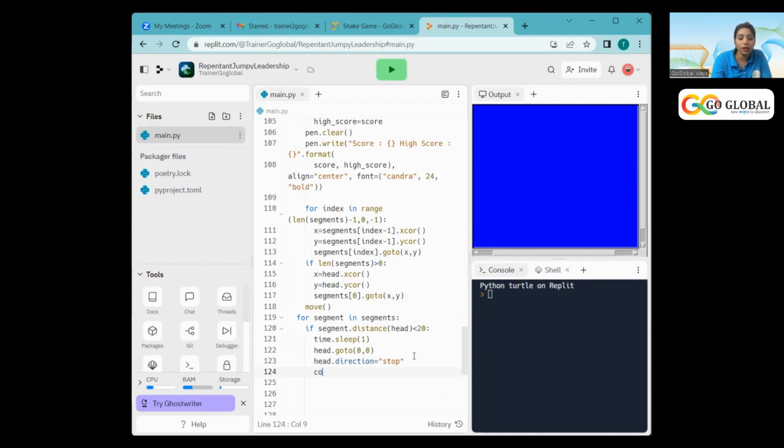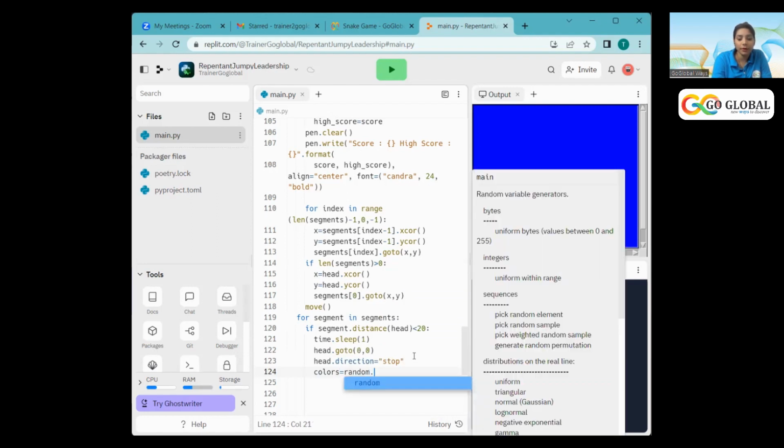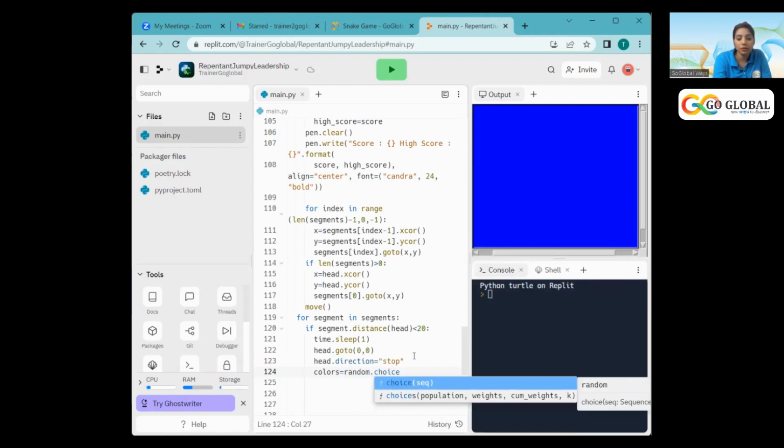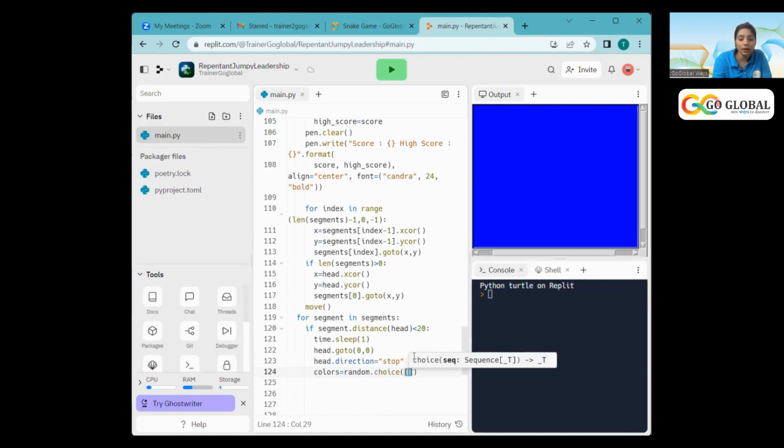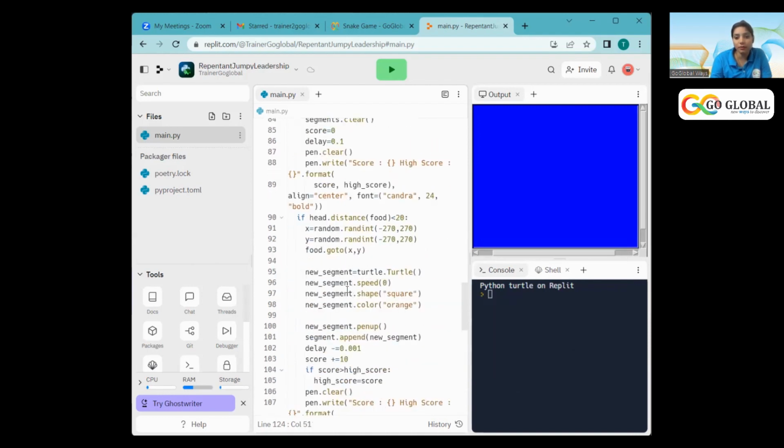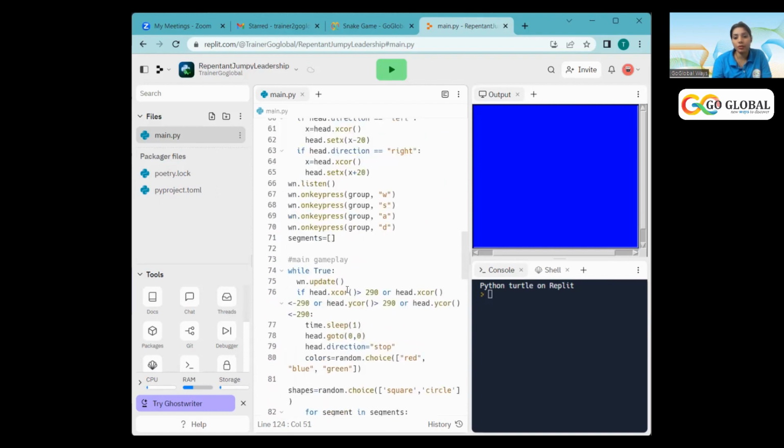And then we'll go to colors equals to random dot choice. Same here, the same colors I'm giving, red, then come out blue, then come out green, and so on. And the shapes one also, like here we did the shapes part, so we can take